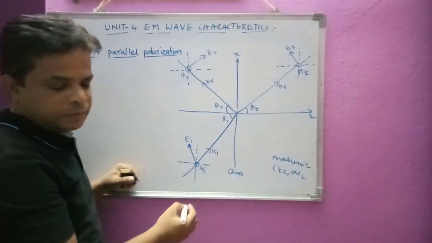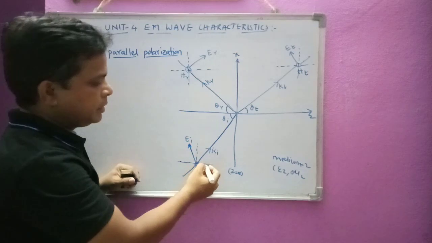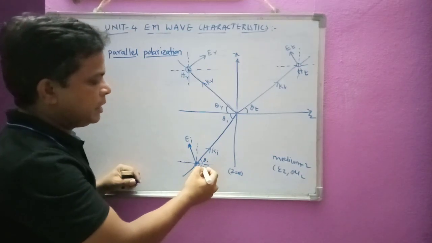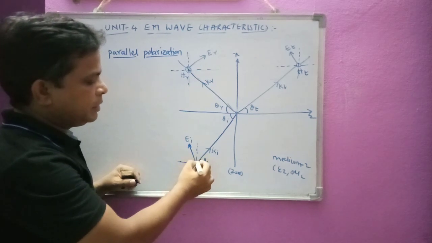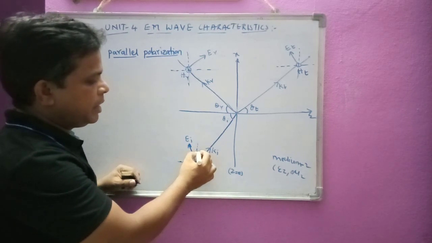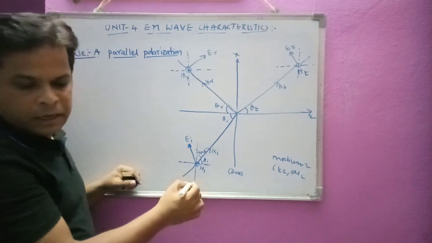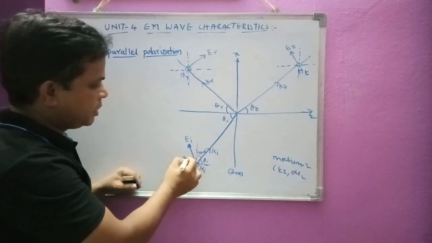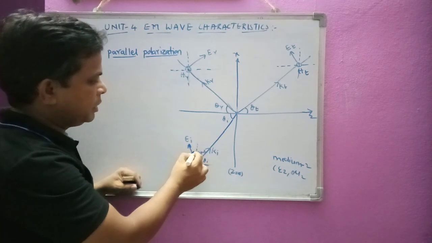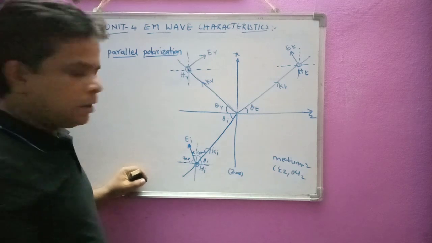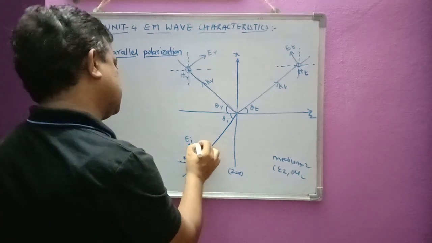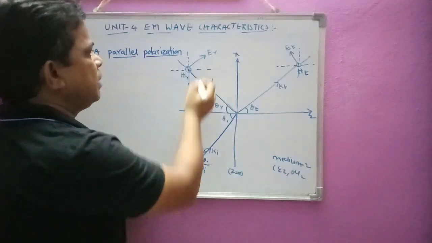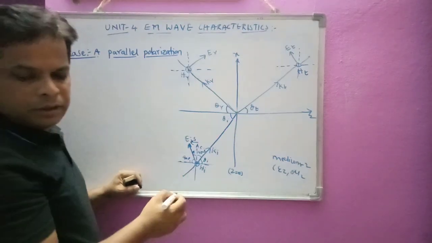Okay, now you can see this is the angle theta i. As we have drawn the perpendicular here, this is 90 degrees, so this angle will be 90 minus theta i, and this is also 90 minus theta i, and this will become theta i. Now I can draw the components here like this and like this. This is the cosine component and this is the sine component, and similarly here also I can draw the field.